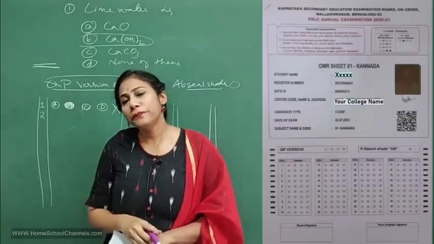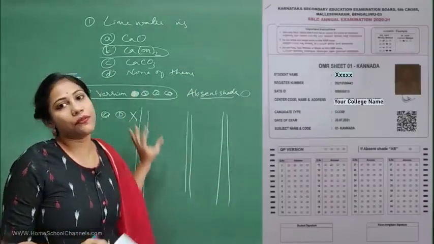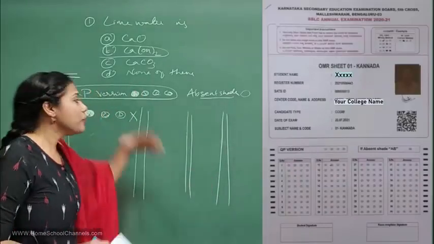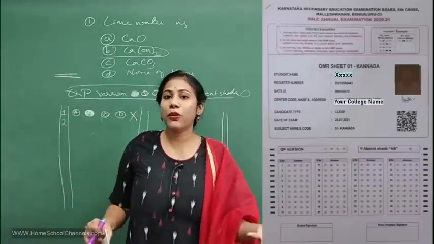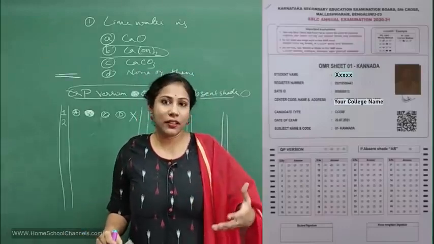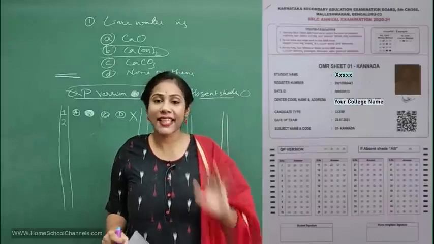So for every subject, they will provide one OMR for you. For science, one OMR, because the OMR had only 40 questions, right? So for science, one OMR, for social, one OMR sheet, for maths, one OMR sheet, like that, maybe 3 OMR sheets you have to fill, okay? So that's how you have to do the OMR sheets carefully.